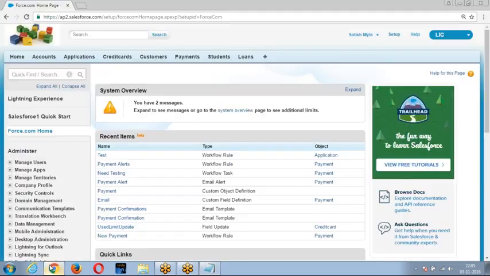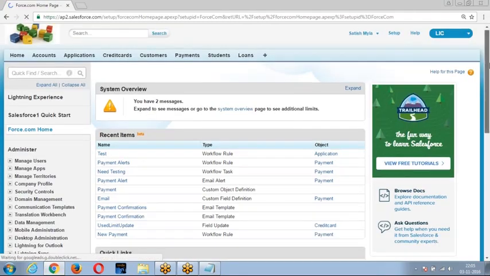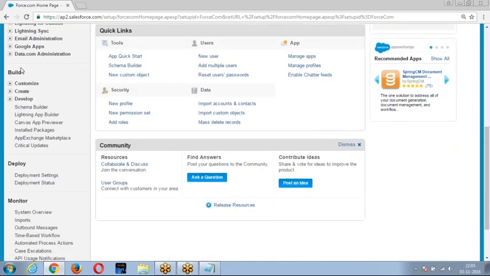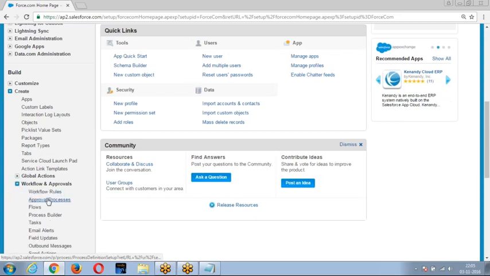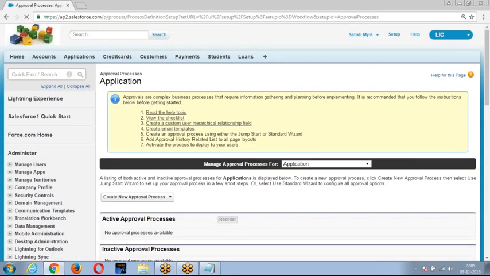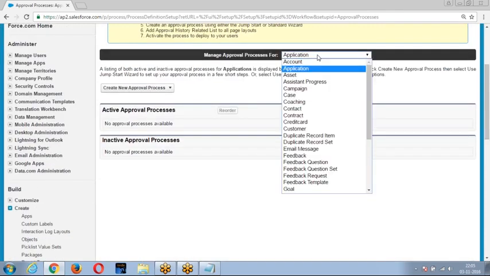So the navigation would be Setup, Build, Create, Workflows and Approvals, Approval Process. Then choose the object on which you want to create an approval process.